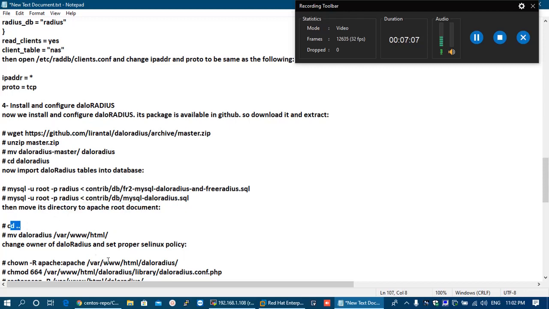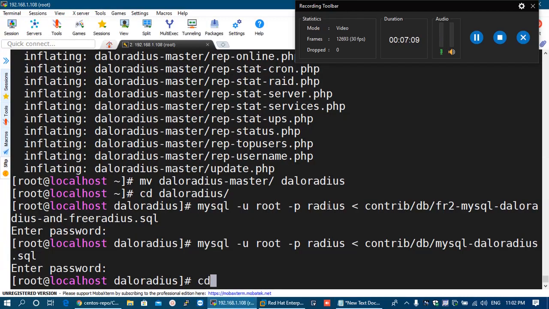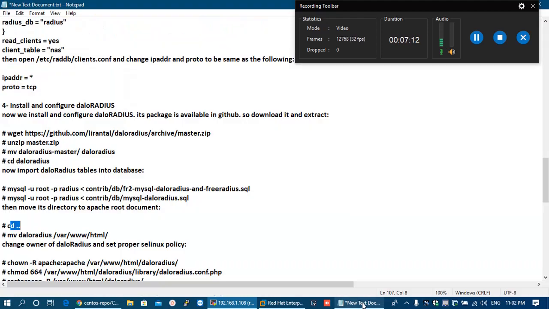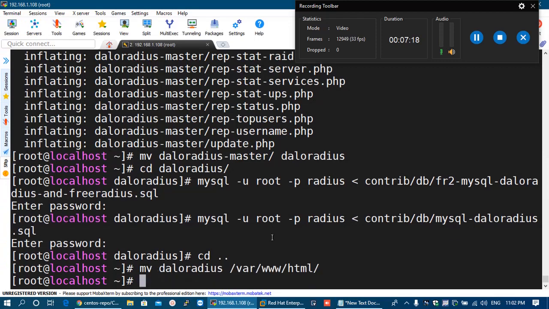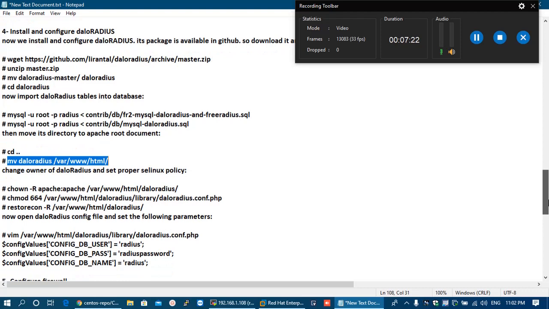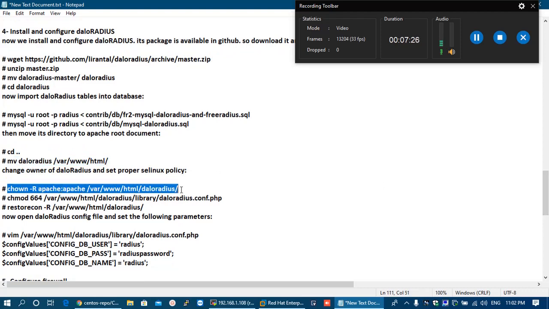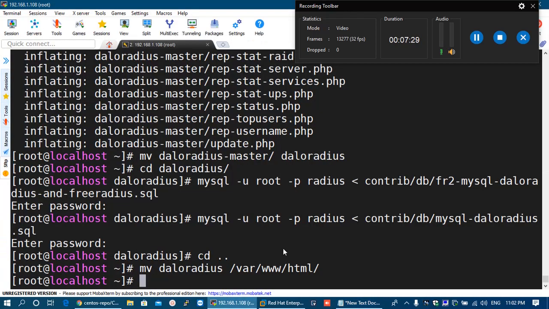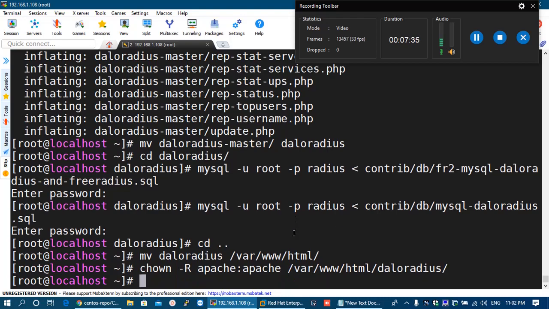So we will first come out of this directory with cd .., then we will move it inside /var/www/html. So we have successfully moved it. Now we will change the owner, change the permission, and change the SELinux context. First of all, we will use the chown -R command to change the owner of this daloradius directory